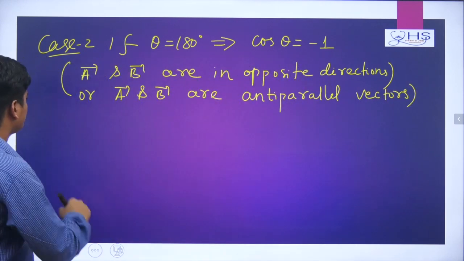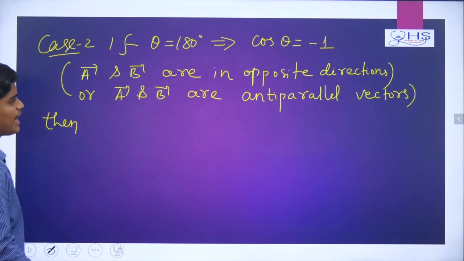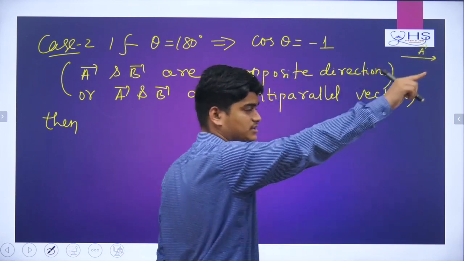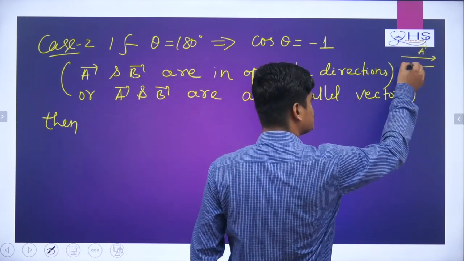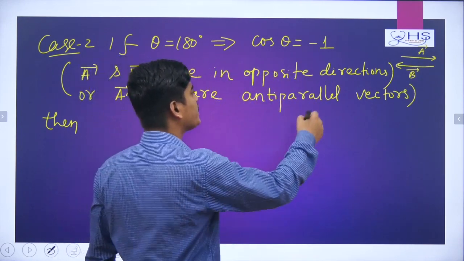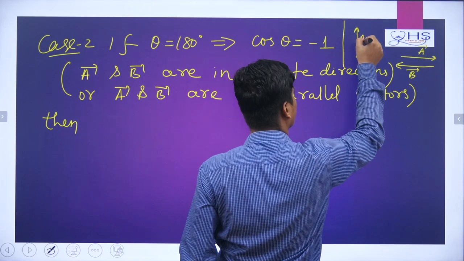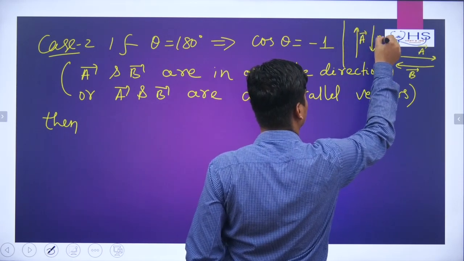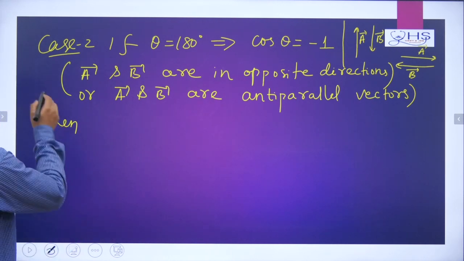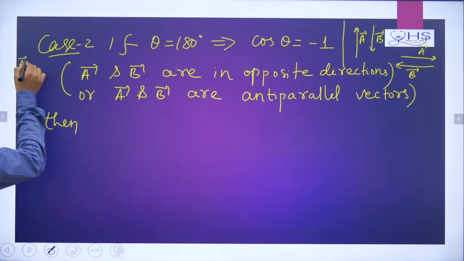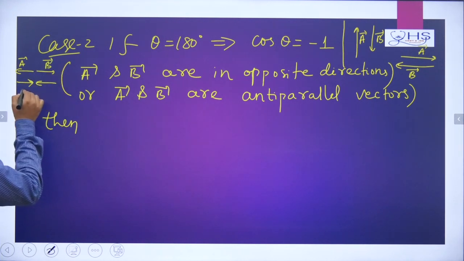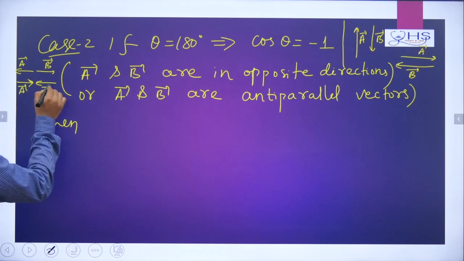Okay. Now here, what will happen if both are anti-parallel? Anti-parallel means, if you see the picture, it is like this way. A vector this way, this is the A vector towards right, but B vector towards left. So this is the anti-parallel case. Otherwise you can tell also, A vector is upward, but B vector is downward. This is the anti-parallel case. Both vectors are in opposite directions. Or A vector this way, B vector this way. This is also an anti-parallel case. Or A vector this way, B vector this way. This case also is anti-parallel.